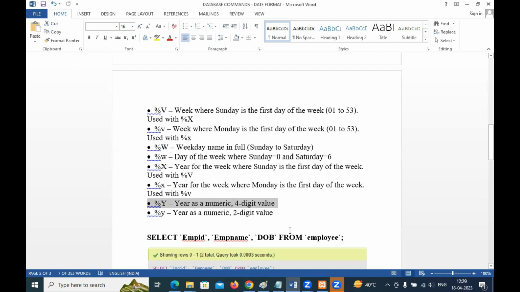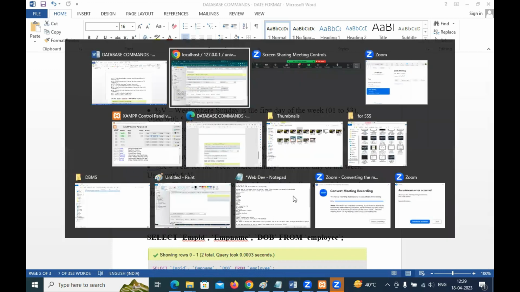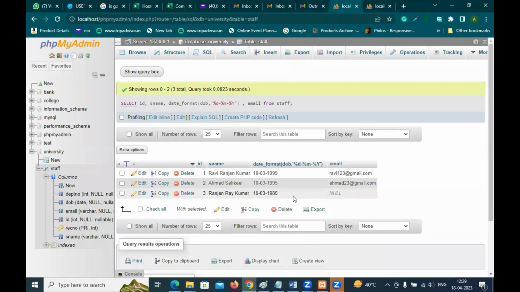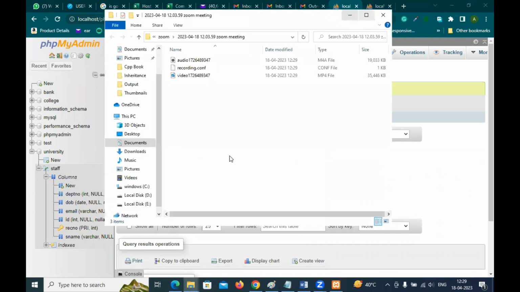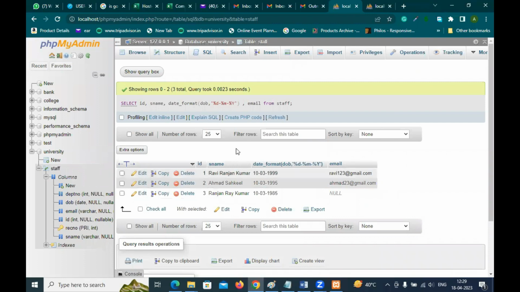So how will we do that? Let us see. Again, let's come back to the phpMyAdmin part. I'll write select ID, name, date format, date of birth, and this is the format that we have used. So this is how we will be getting the result. I'll come here again